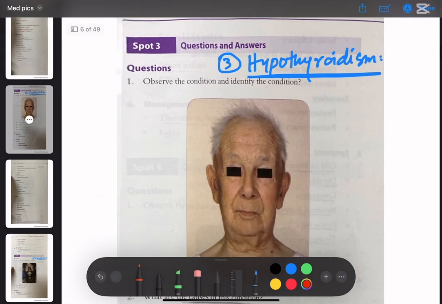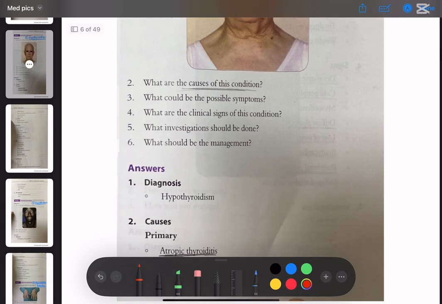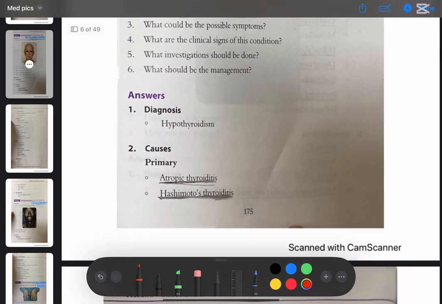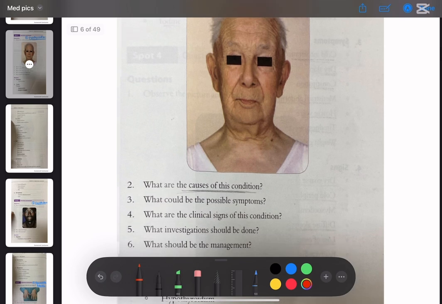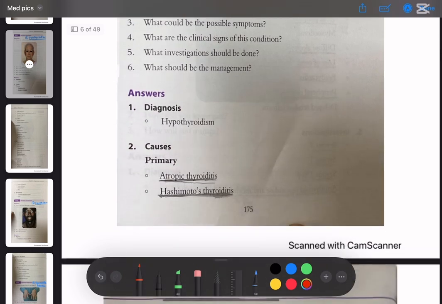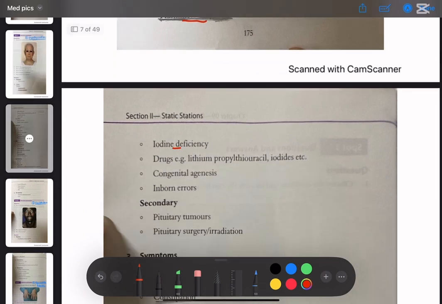Okay, now coming towards the third case, that is hypothyroidism. Here, the questions are: observe the condition and identify the condition. What are the causes? What would be the possible symptoms? The answer is that this is hypothyroidism. Okay. And the primary causes are atrophic thyroiditis and Hashimoto's thyroiditis, iodine deficiency, and drugs, for example, lithium,